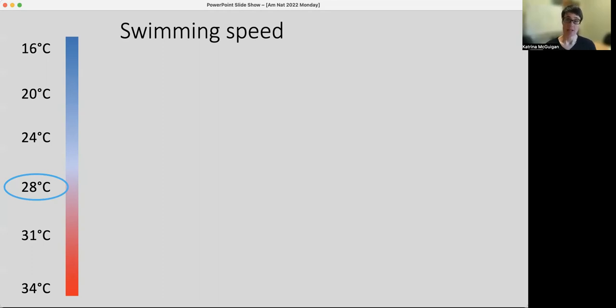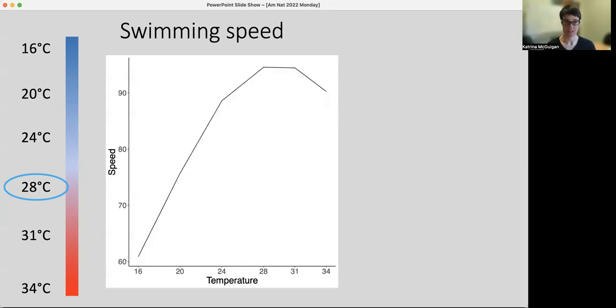And so in ectotherms, traits like swimming performance exhibit sensitivity to the thermal environment. So this is a classic thermal performance curve where swimming speed in this case is increasing as a consequence of temperature increasing until it reaches a certain point, after which it begins to decline, and the decline usually doesn't make it all the way down. They kind of stop being able to function altogether, although in this situation they haven't reached that point.